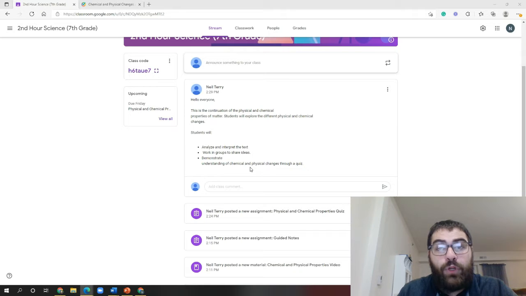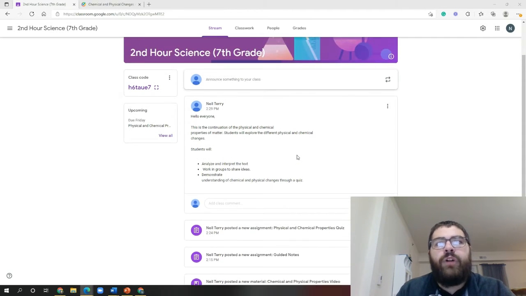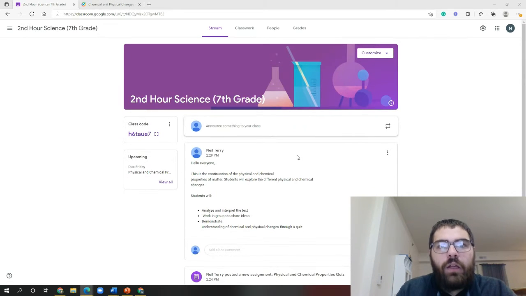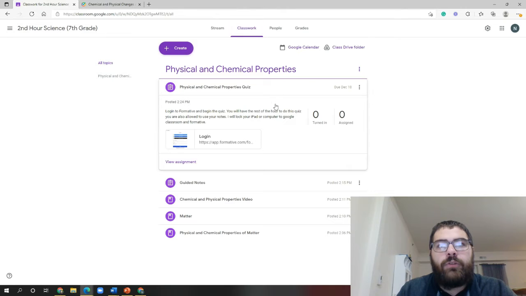changes through a quiz. The other thing that I got in this lesson plan is to do individual demo or group demos after they get done talking in groups doing this. Analyzing and interpreting the text, they're going to go ahead and be able to do some physical and chemical changes and tell me what they are, which will help with their quiz. So, with that being said, we're going to go to our classwork and kind of show what we got going